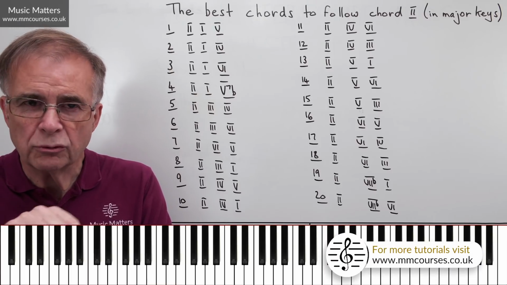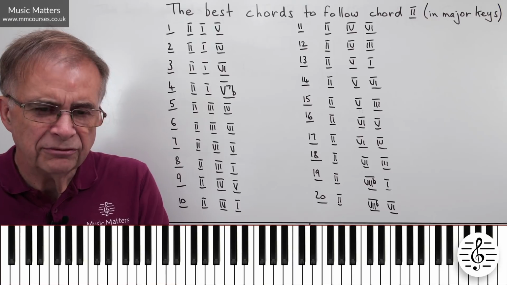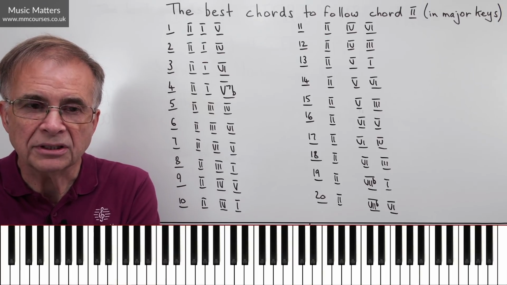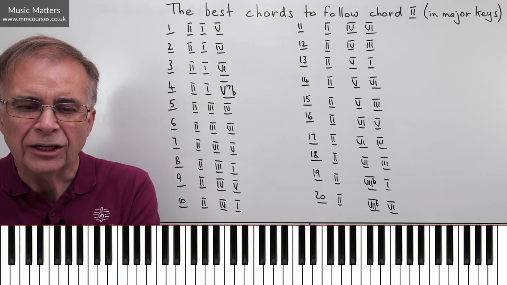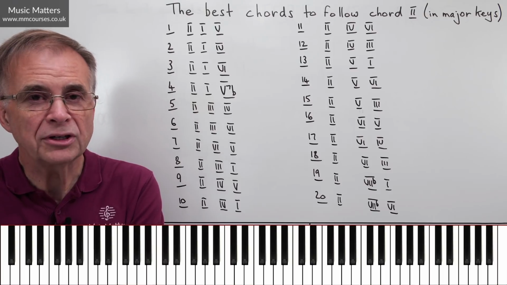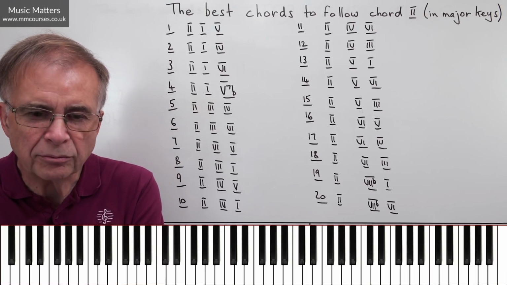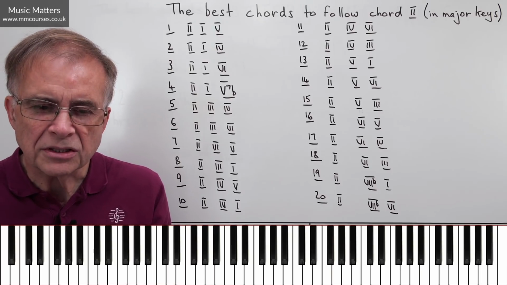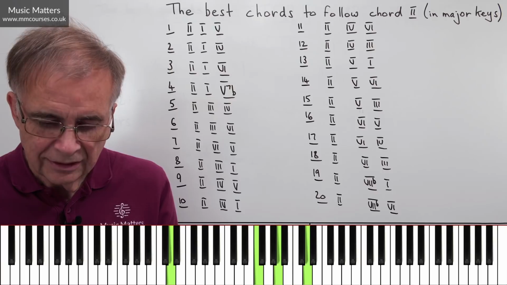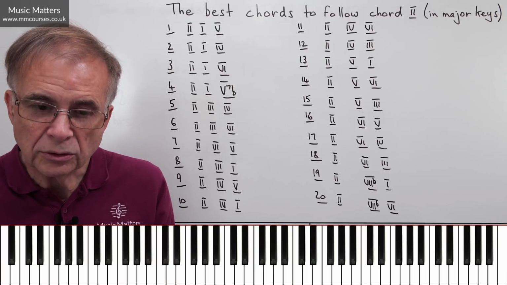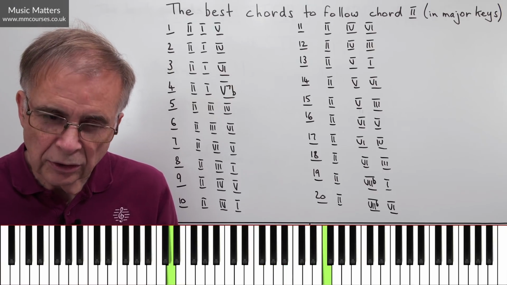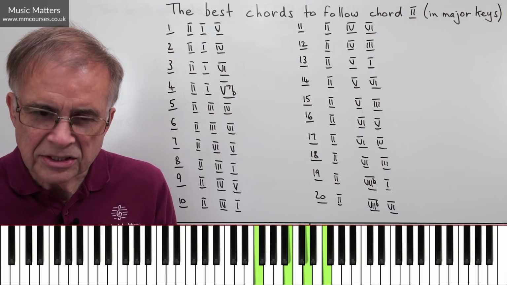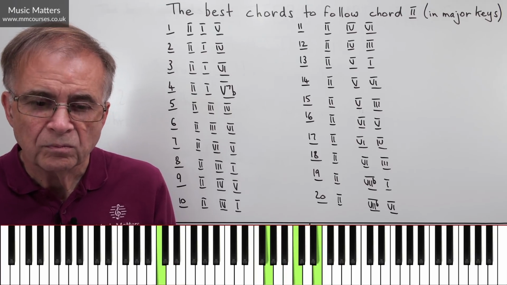So the 7b, just to remind you, is chord 7 in first inversion. Now, when you have a diminished chord, and chord 7 is always diminished in a major key, it normally works better if you place it in first inversion. So you're much more likely to see 7b than you are to see 7a. And in this case, it's quite effective because the bass of chord 2 is D, but the bass of chord 7b is also D, and then moving on to 1. So do you see what I'm doing there? I've got chord 2, and then 7b, 1. So that works quite well.